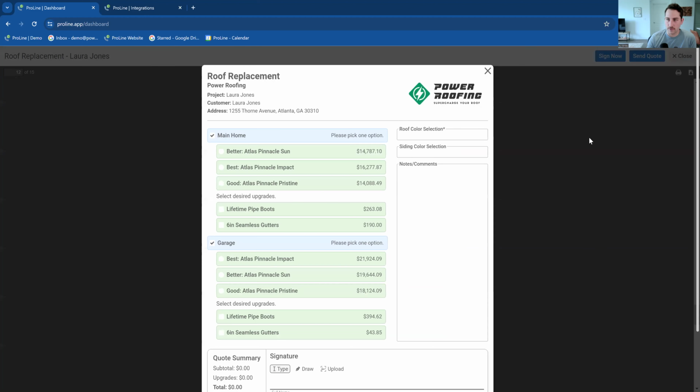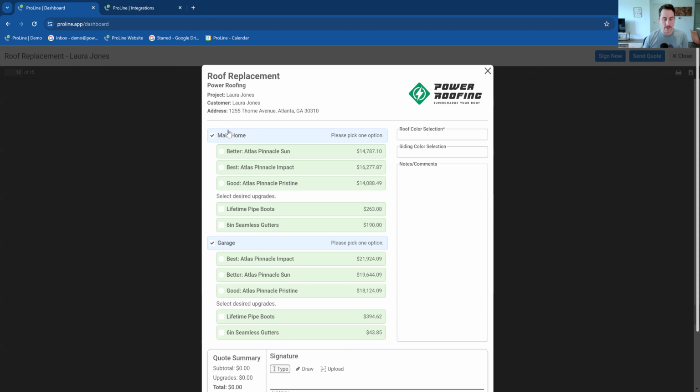And it's very similar if we go to sign the quote. So we have this top level selection. And this is something else that we're open to feedback on. As of right now, the way these multi-structure quotes get sent is the person signing the quote will always be able to choose how many of the structures they actually want to proceed with. And our opinion at the moment is that this gives all of our users a massive advantage, because if they're sending a quote to a homeowner and there's 3 other contractors sending a quote and they're the only quote that allows the homeowner to pick whether or not they want to go with both the garage and the main home,